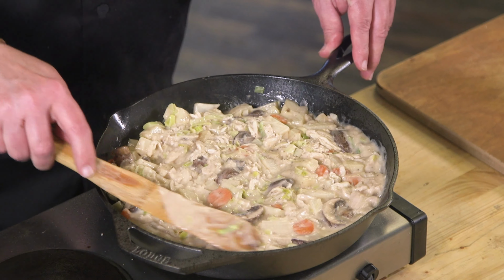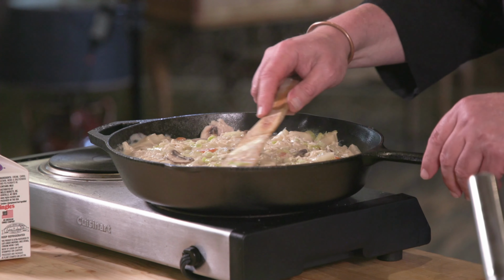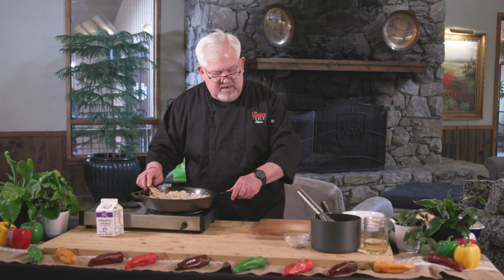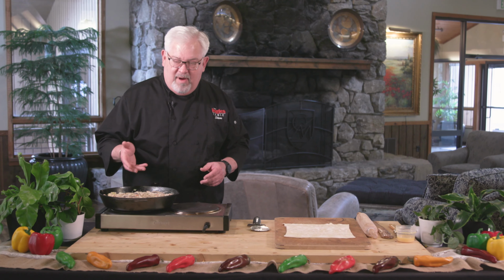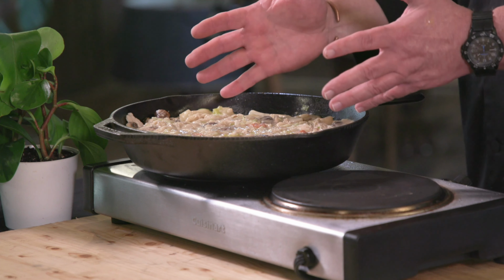Okay, so I'm smoothing out the top here because we're going to get it ready for the next phase. So we're going to let it cool down just a little bit, and we'll be right back. So now we're back, and you can see that I've got the almost finished skillet leeks and mushroom pot pie. It's been cooling down for just a little bit, so now we want to add our topping